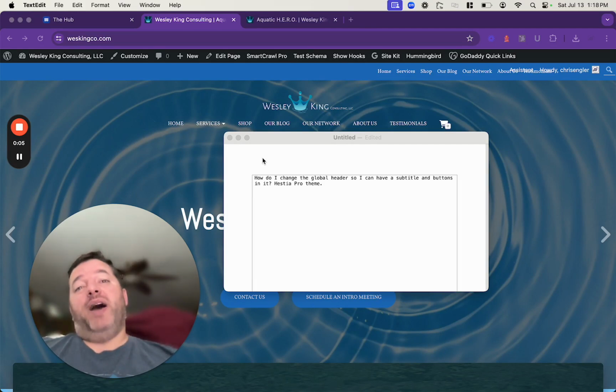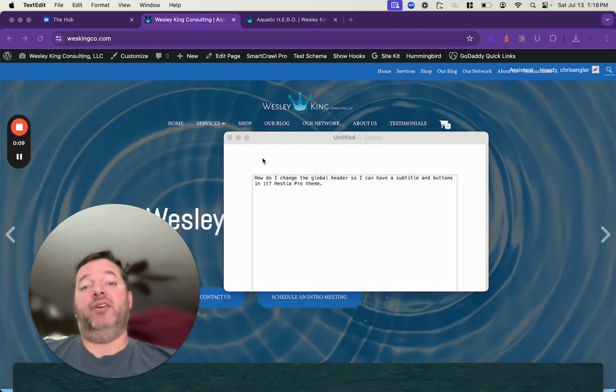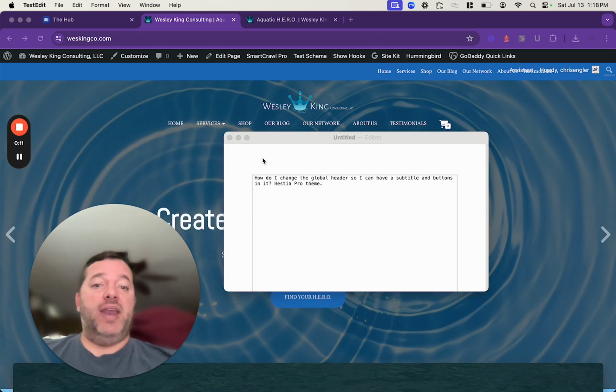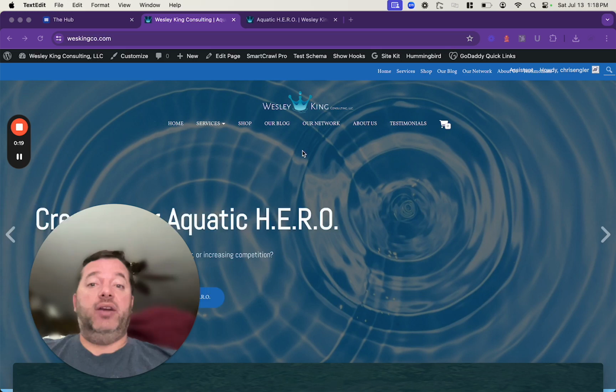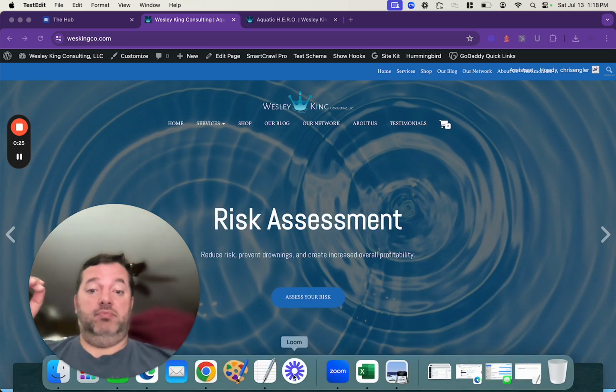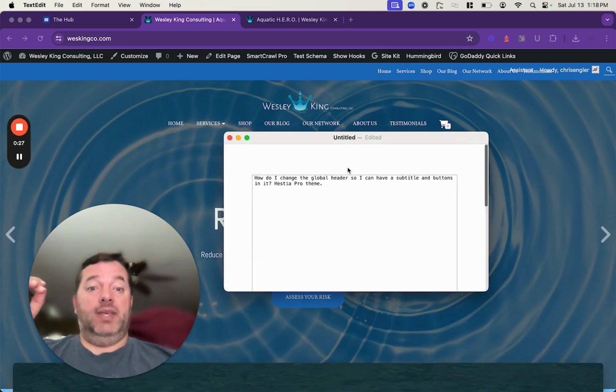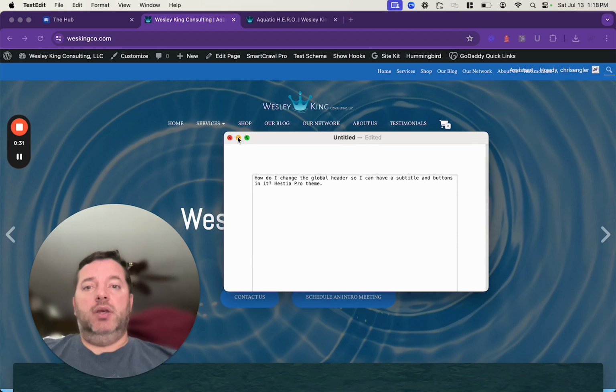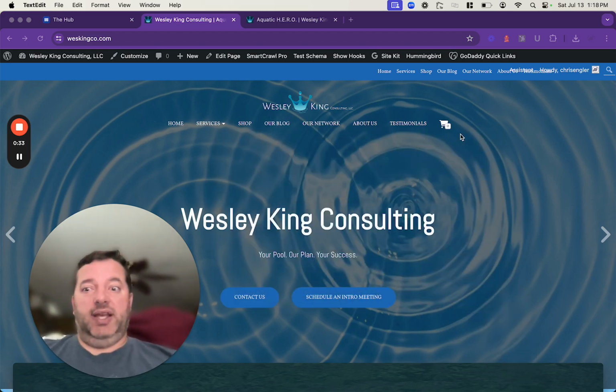I was asked by a friend of mine, how do I change the global header on a website so that I can have a subtitle and buttons in it using the Hestia Pro theme. So I have a site here that's running Hestia Pro. We're going to try adding a subtitle and buttons. All right, and Hestia Pro is interesting because it has some settings that aren't available on